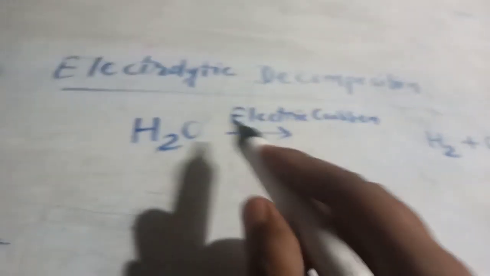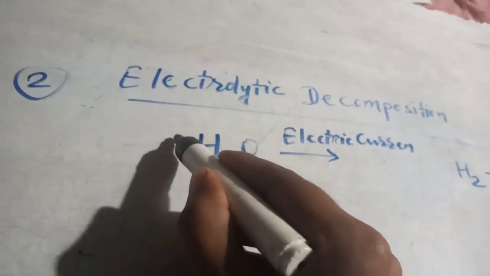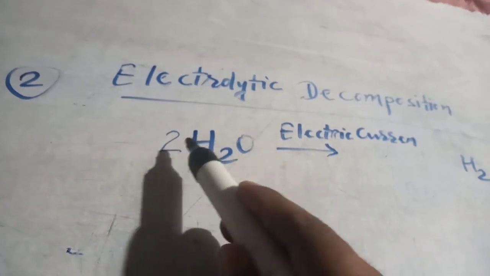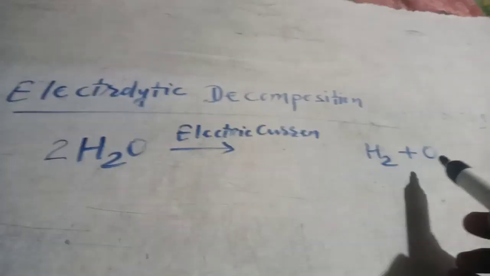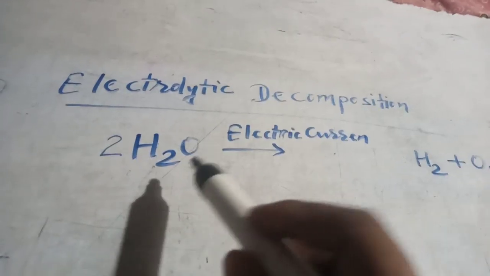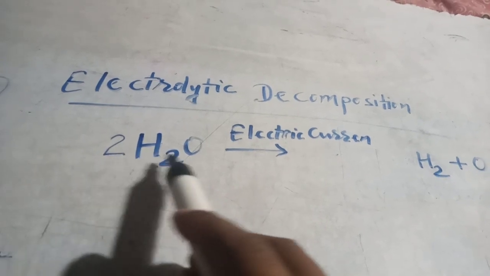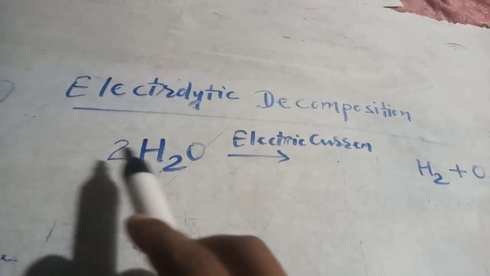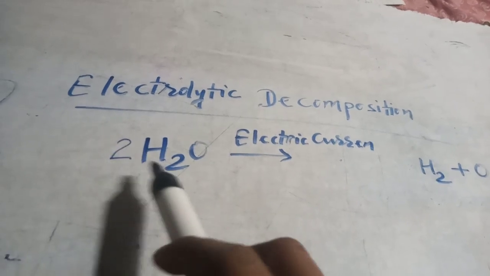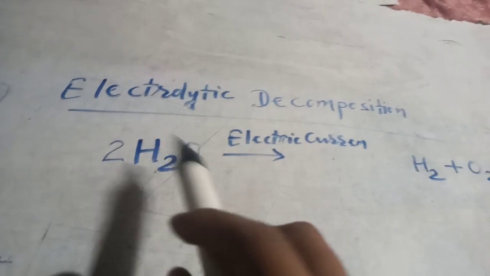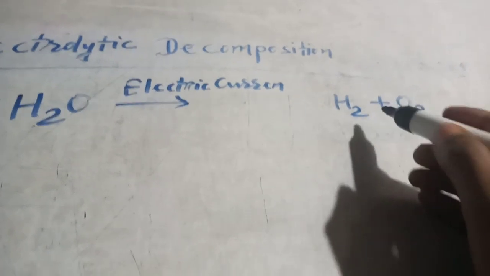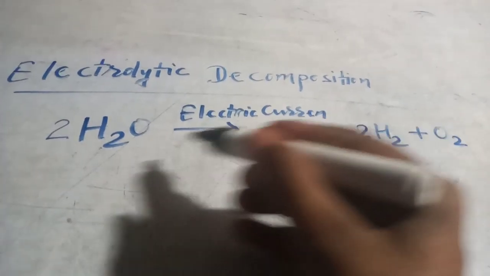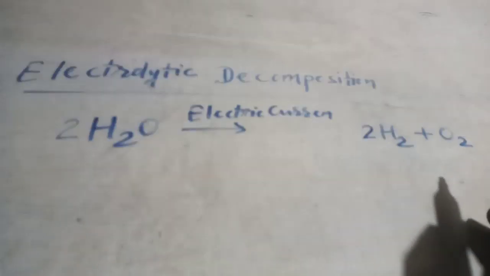So what we have to do, we have to put 2 here, so 2 oxygen is balanced in the reaction, but hydrogen is not. So the number of hydrogen on the reactant side is now 4, and here it is 2. So put 2 here so that the reaction is balanced. You can see that this reaction is balanced.